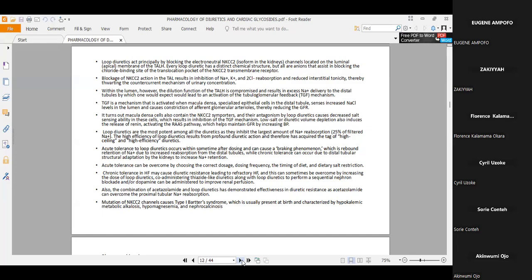This phenomenon occurs as a result of rebound retention of sodium due to increased reabsorption of sodium from the distal tubules. At the same time, chronic tolerance can also occur due to distal tubular structural adaptation by the kidneys to increase sodium retention. So we can overcome the effect of acute tolerance to loop diuretics by choosing the correct dosage, adjusting the dosing frequency, especially in conditions like chronic kidney disease, the timing of diet, as well as